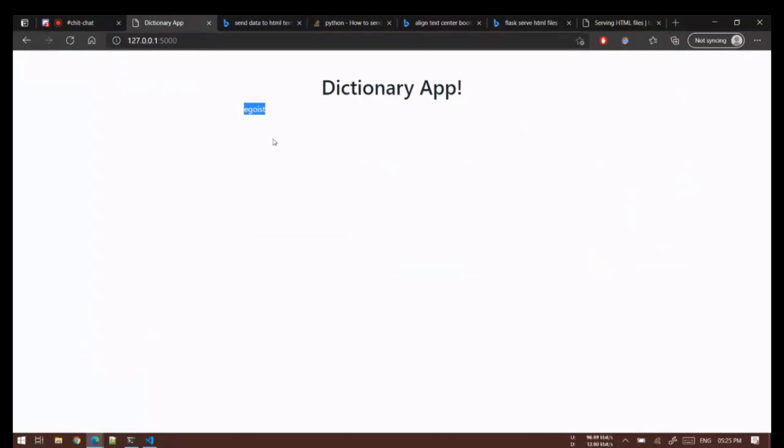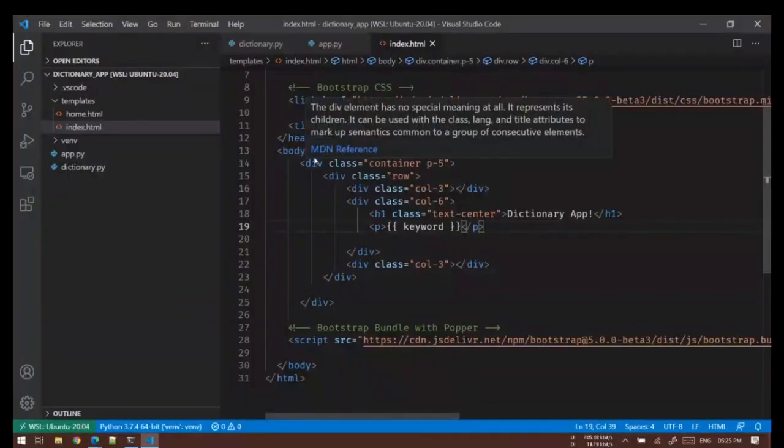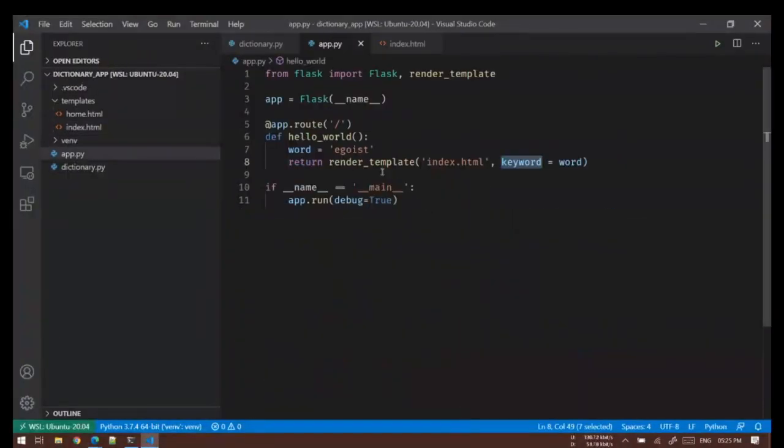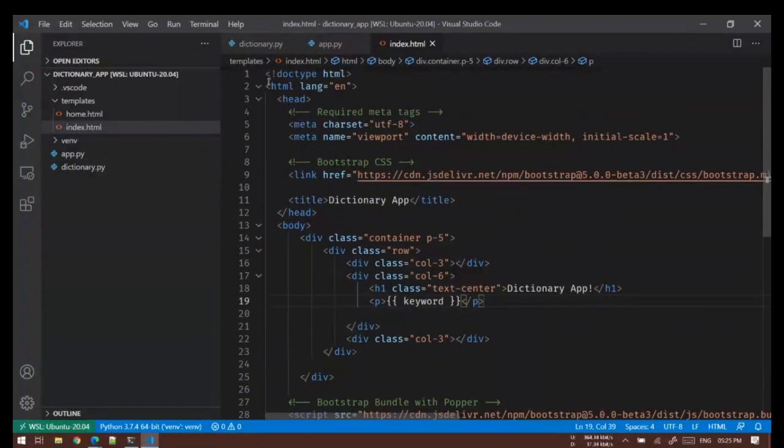So you can see the word that I passed in the front end, it's available here. So this is how it works. All you are saying is, please render this page, and this is some additional information that you should carry. Now when this render template function reads this file from top to bottom, and as soon as it encounters these pairs of curly braces, it will understand that this is a placeholder for something that will be passed to me. So it will go and check the dictionary. Do I have this keyword? If the keyword is there, then this complete thing will be replaced by its value.